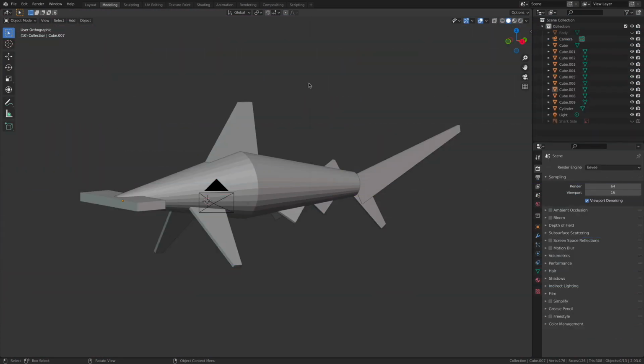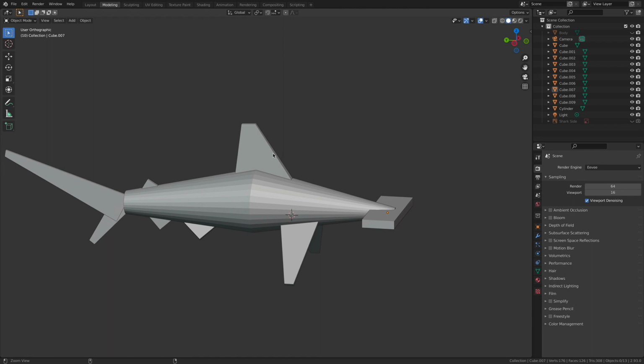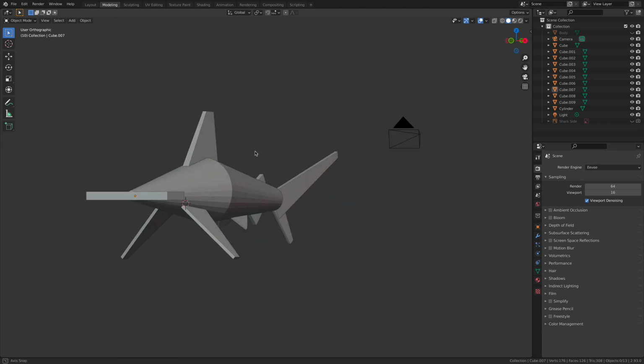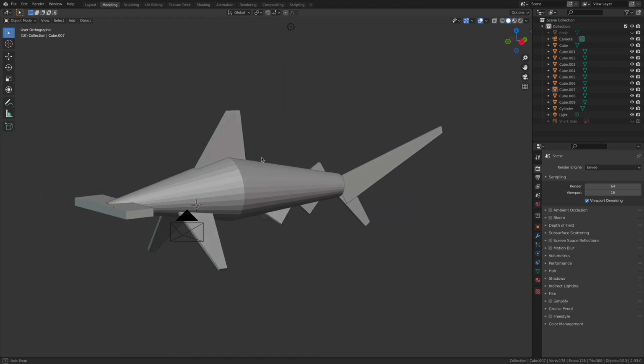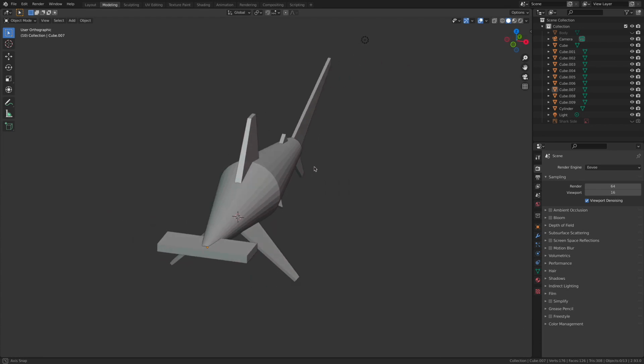Now that I have the blockout stage of my hammerhead shark sculpture done, I want to start taking a picture of it. I want to be able to send this to someone to get some additional feedback on my model before I advance on to the next big sculpting stage. So it's time to start looking at ways to get an image, a render of my little hammerhead shark done so that I can start sharing it with others inside of my team.